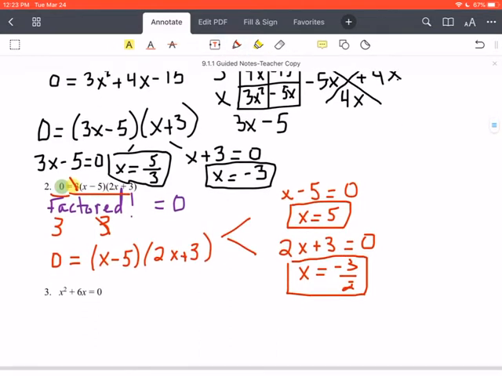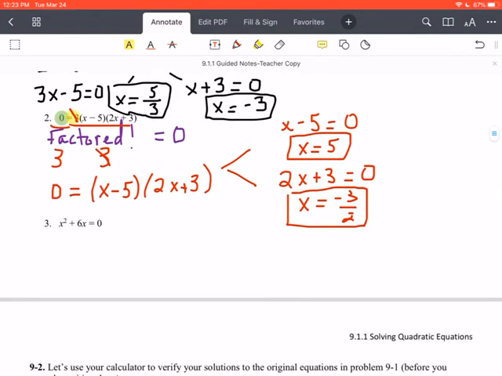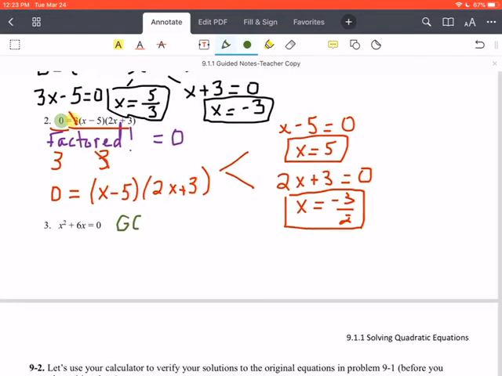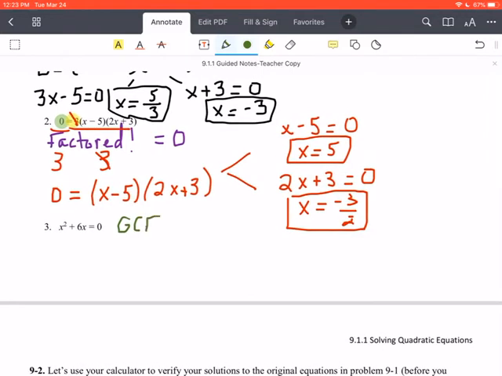Moving right along to the third practice problem, I noticed that there is no C term in this problem. So don't become a robot and jump straight into using a rectangle diamond, but we always want to ask ourselves, is there a GCF in the original standard form before we get ahead of ourselves? So the GCF of x squared and 6x is x. So we can do what I was calling reverse distributing last chapter and factor out that GCF and ask ourselves,